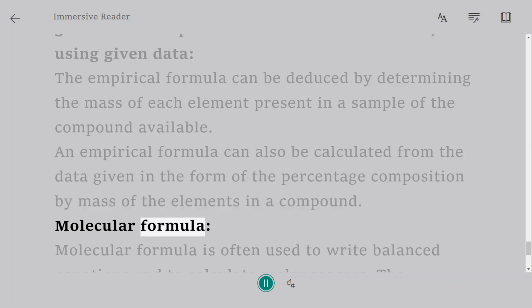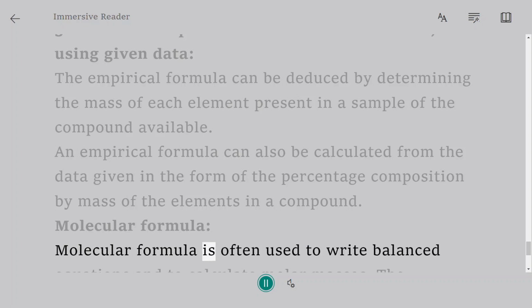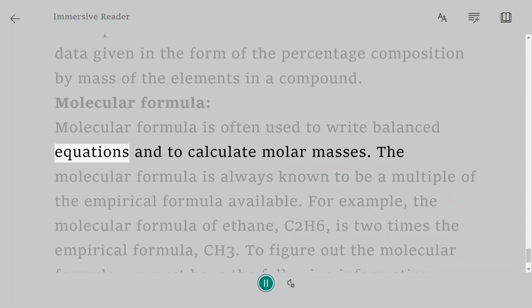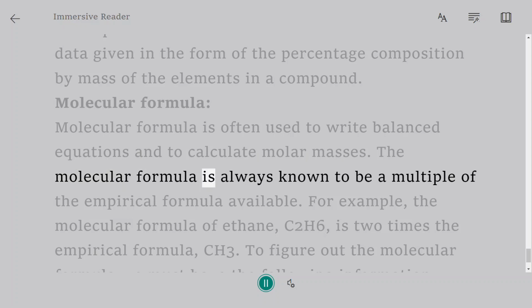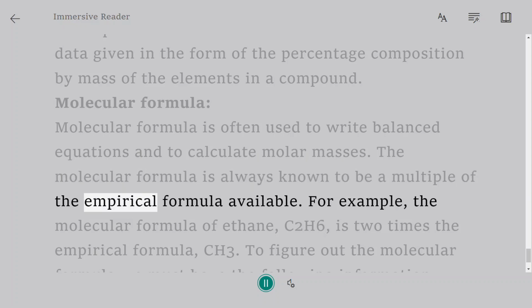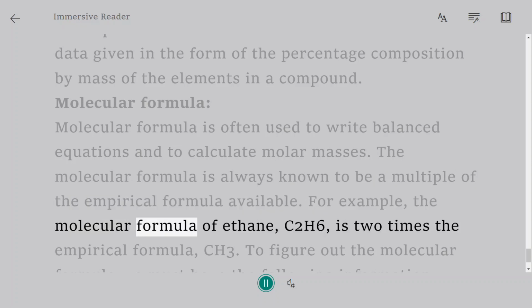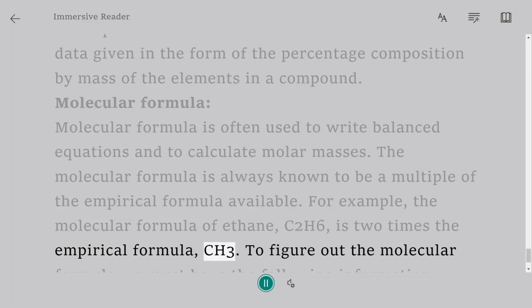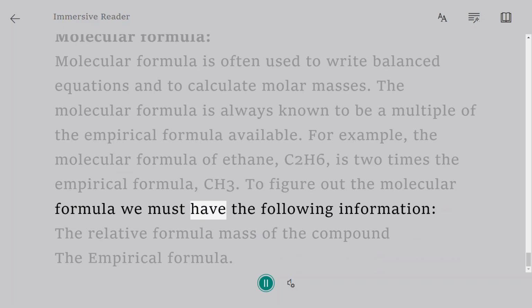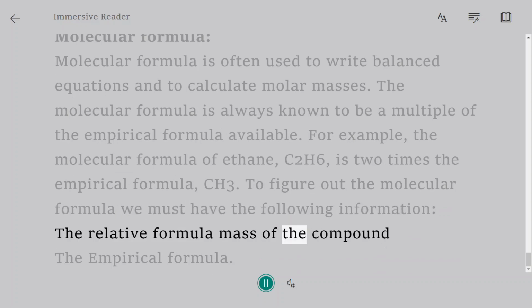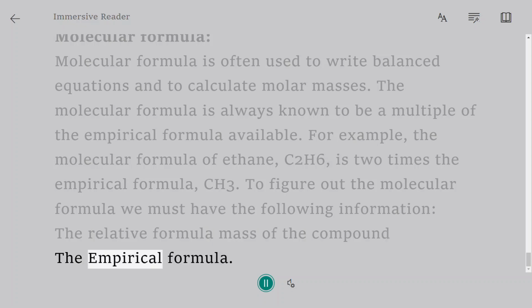Molecular formula. Molecular formula is often used to write balanced equations and to calculate molar masses. The molecular formula is always a multiple of the empirical formula. For example, the molecular formula of ethane, C2H6, is 2 times the empirical formula, CH3. To figure out the molecular formula, we must have the following information: the relative formula mass of the compound, the empirical formula,